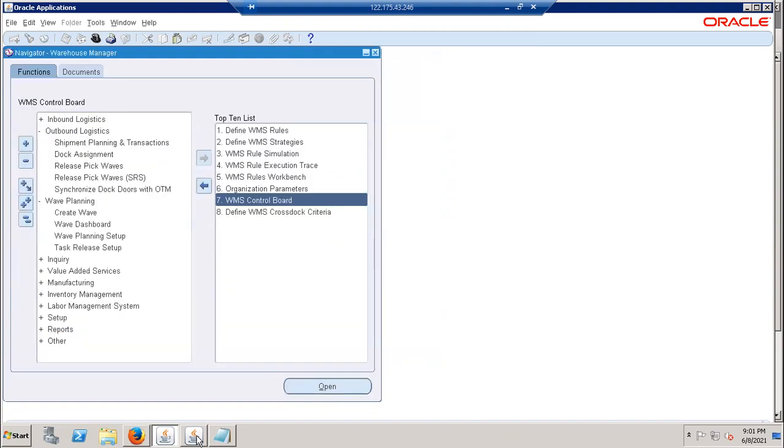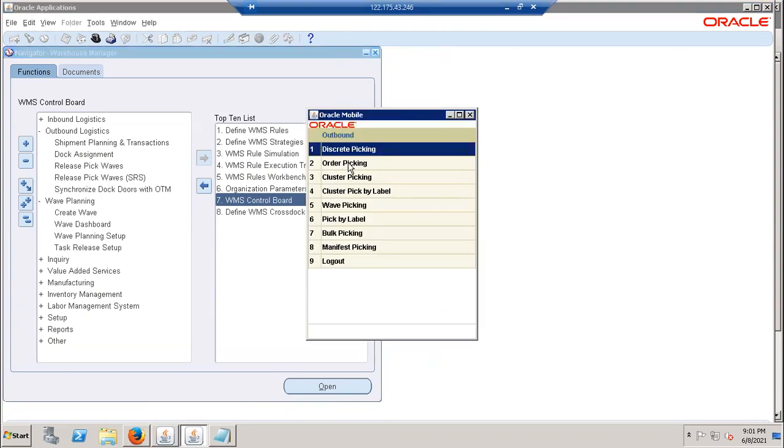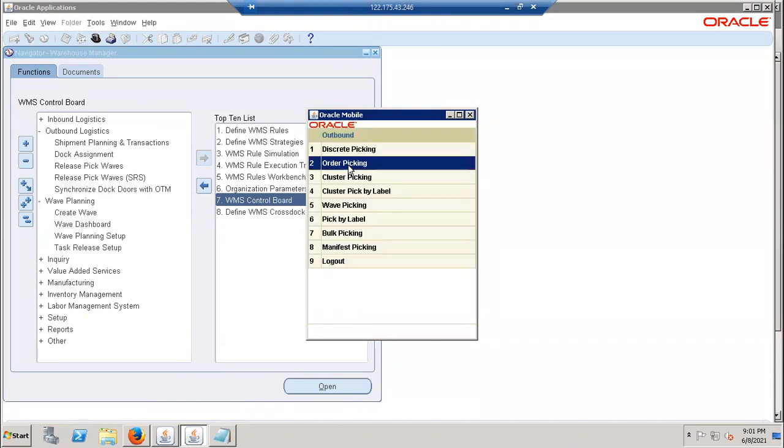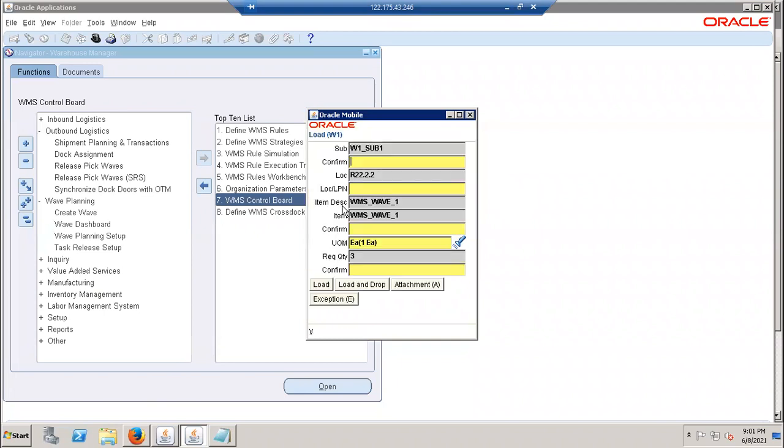Okay. So now this will come in your RF. Go ahead to your RF device. Yeah. Hit F2. Order picking only, right? No. Give F2. Yes. Why? Go to wave picking. Okay, now this is what I am expecting. Yes. Now you can confirm it. W1 underscore sub 1. You can confirm you are loading, you are picking it. You are trying to confirm it. Sub 1. No. Just give as it is at the top here.